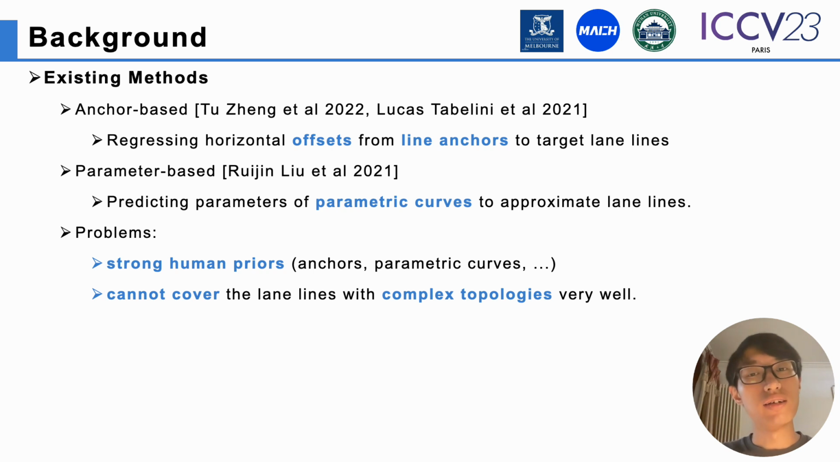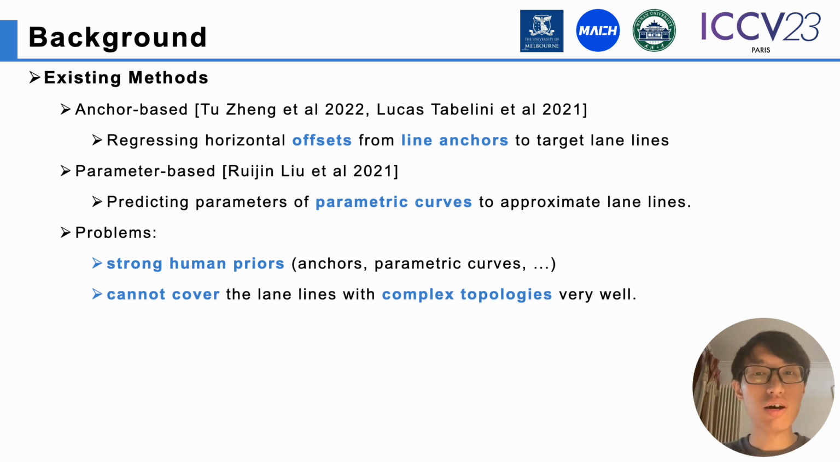For example, the anchor-based methods detect lane lines by generating a set of predefined anchors and then regressing the offsets from the anchors to the target lane lines. And the parameter-based methods represent lane lines with parametric curves and then detect lane lines by predicting the curve parameters. However, the lane lines in real scenes are often curved or forked, and the human priors can hardly handle these